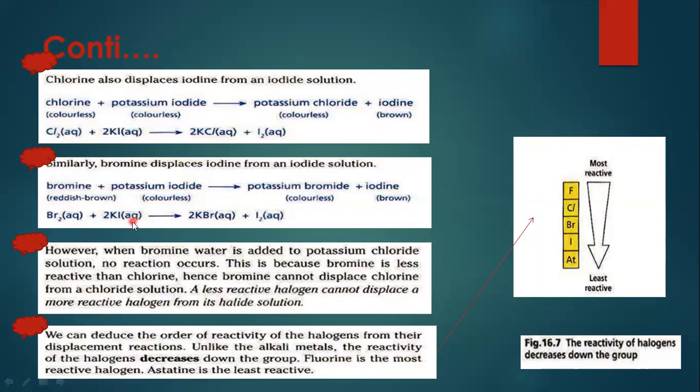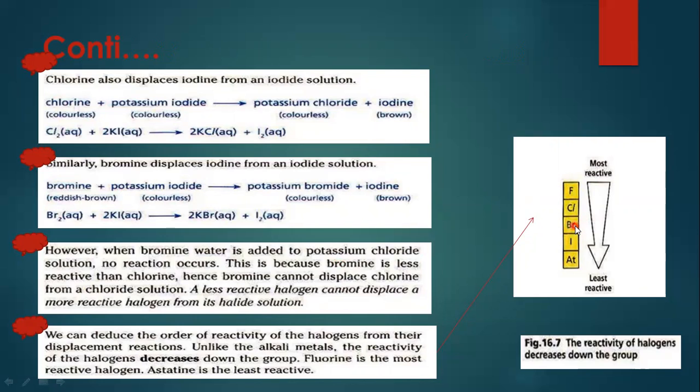And why does this reaction happen? Because bromine is more reactive as compared to iodine. However, when bromine water is added to potassium chloride, no reaction occurs. That point is very important to understand. I again repeat it. However, when bromine water is added to potassium chloride, here the point being discussed is that